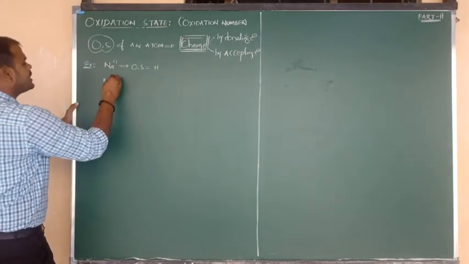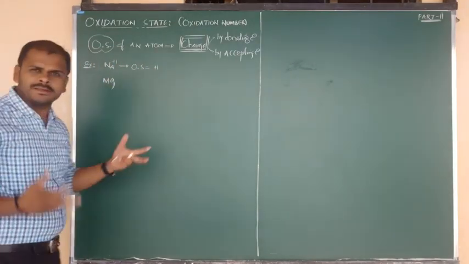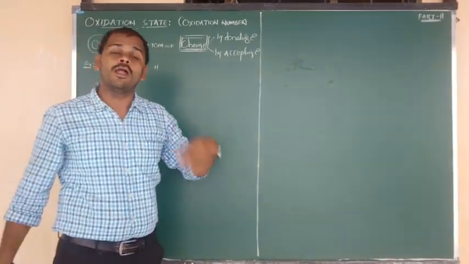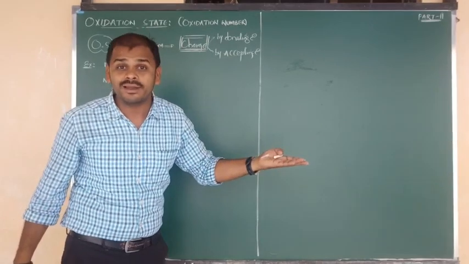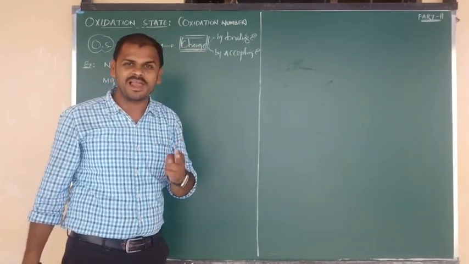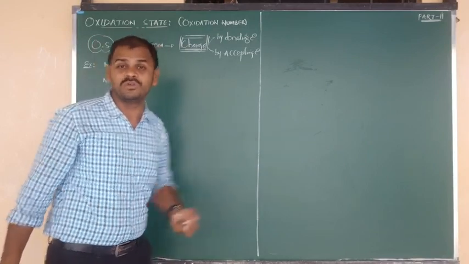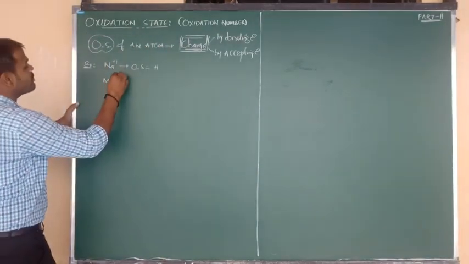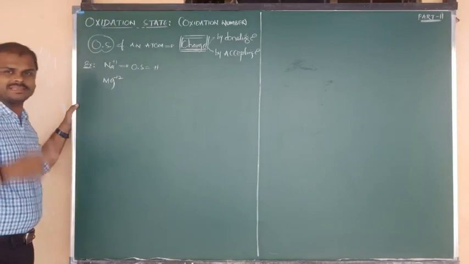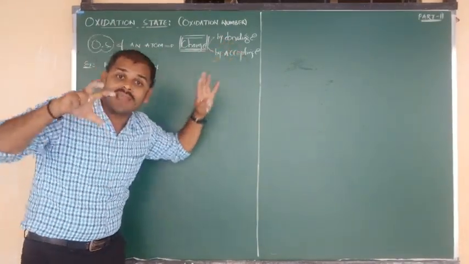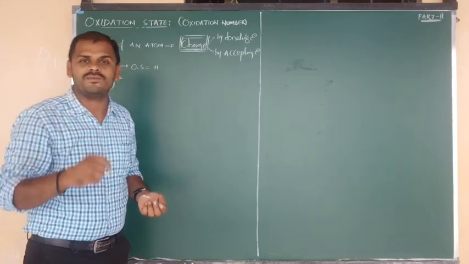Next I am going to consider magnesium. Magnesium is a metal. Metals are electropositive. They have the tendency to lose electrons. But how many electrons can it lose? Magnesium belongs to group 2A. It can lose 2 electrons due to its electropositive nature. So the charge produced upon magnesium is +2, because it can donate only 2 electrons and it will achieve an octet configuration.